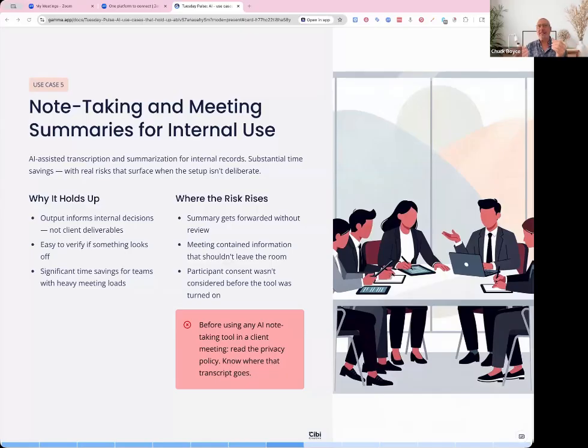And so that is a consumer protection law from that state. And it's not where you are based, it's where the client is based. And so, disclose before you record. Second, where does the transcript go? A lot of these Otters and Fireflies and stuff, if you don't read their privacy policies, it could send them up. They can retain it, they can store it, they can possibly use it to train their models. And so, again, know where that data is going.